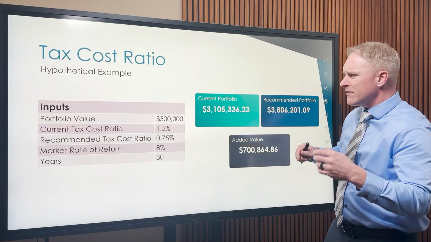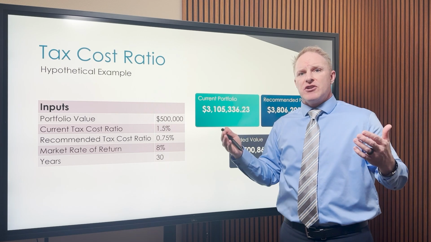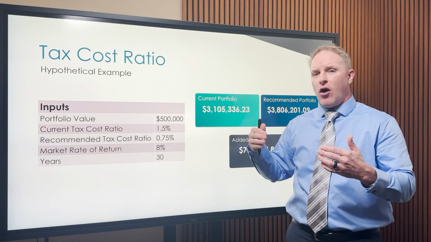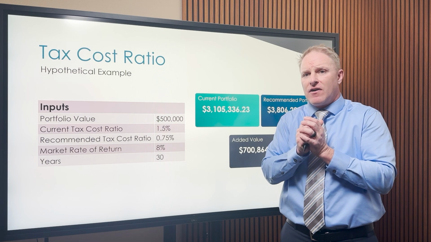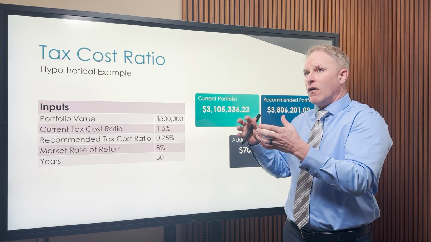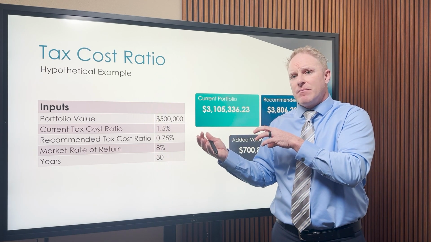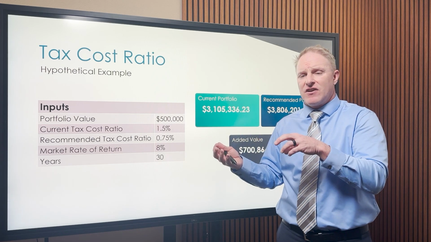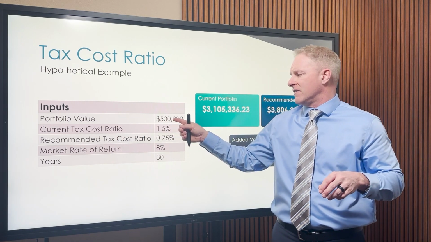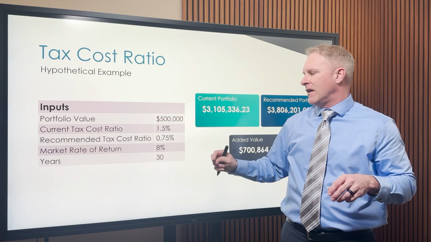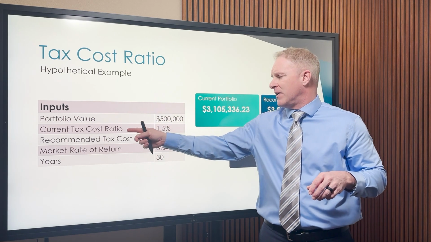But this is so important, I thought, why don't we do an example to illustrate how big of a difference this can make? Because when we see new people come into our firm, 9 times out of 10, they're owning investments in that non-qualified bucket that should not be there because of their tax inefficiency. But let's just assume, for conversation's sake, we have somebody that has $500,000 in the non-qualified bucket,